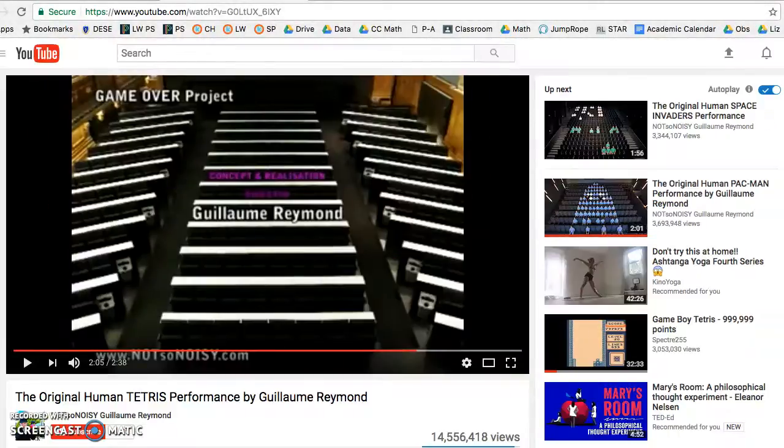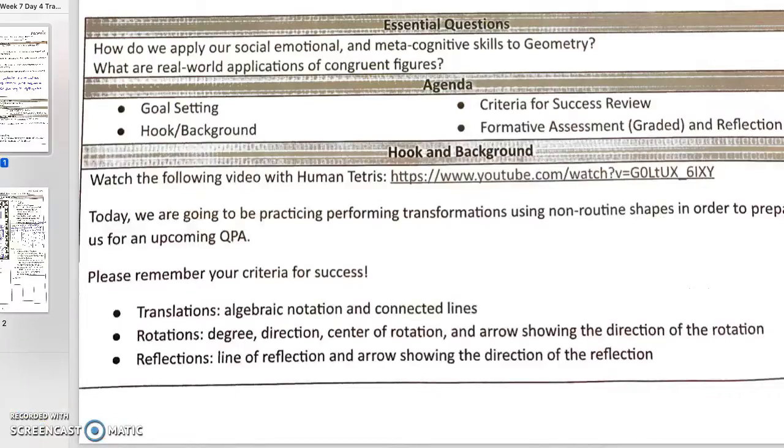So that should have given you a little bit of an introduction to Tetris. So as you can see, there were a lot of rigid transformations, there were translations, rotations, and in some ways some reflections. And so we're going to be practicing for the QPA that you will be doing next week using